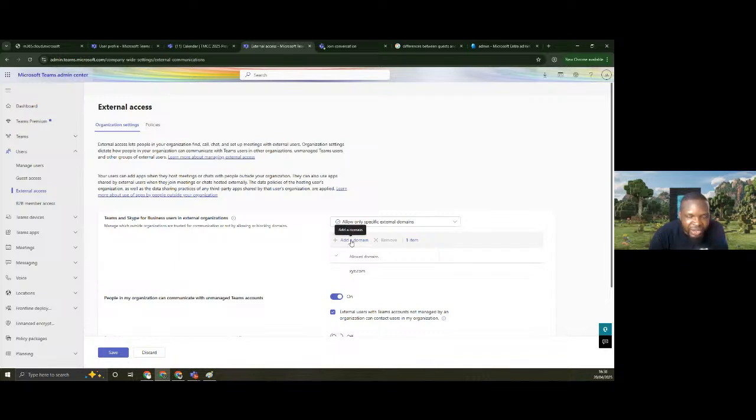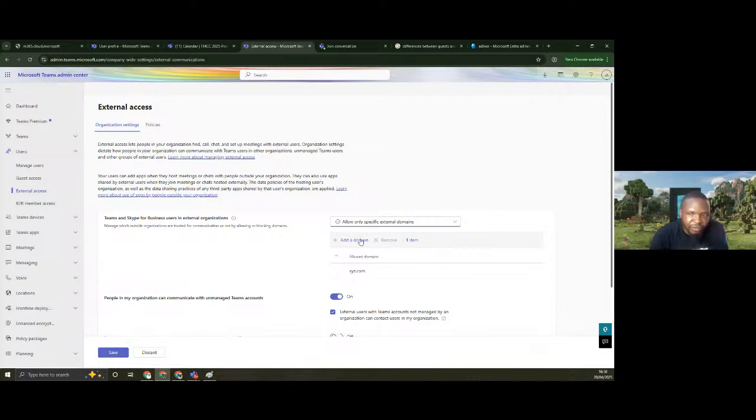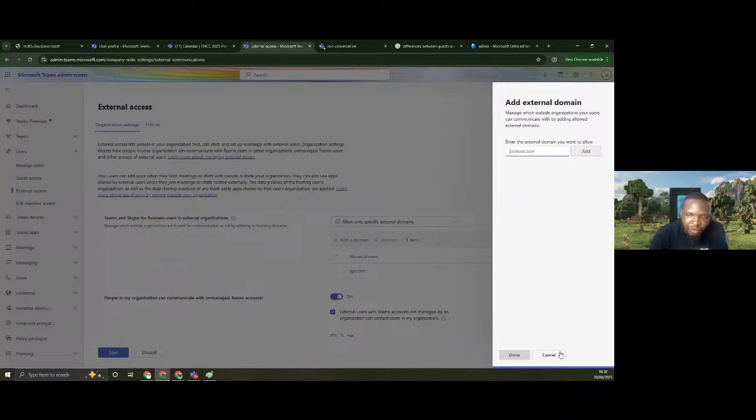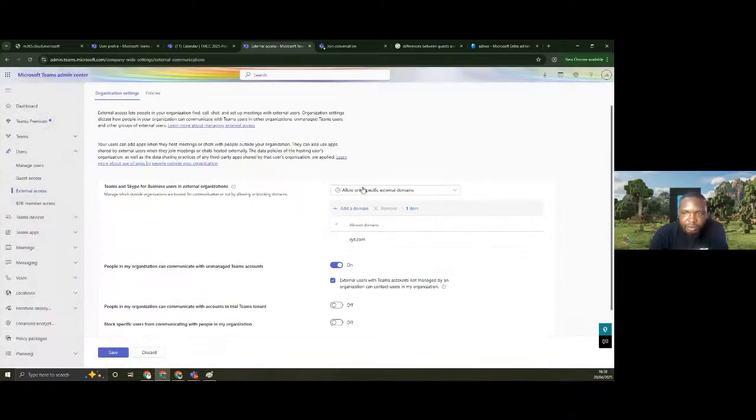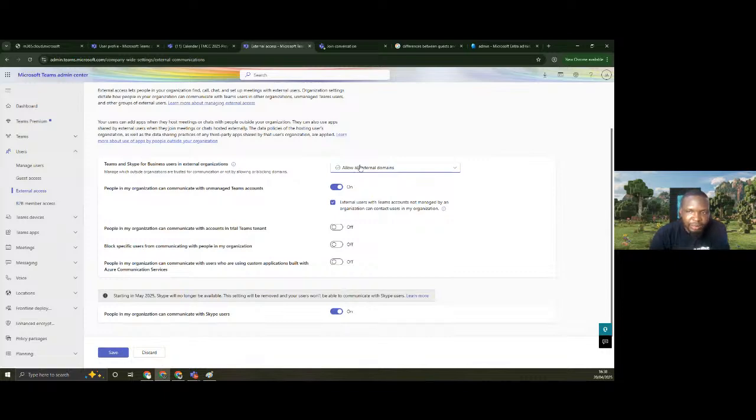And this is really very dangerous, because if there's no xyz.com that is federating with me, it's as good as I'm putting it on block all domains, because I've allowed only a domain that I'm not aware of, right? So you must really be careful what you are adding and what you are removing, right? But by default, Microsoft will allow you to have rapport with all domains, right? Now, when you do it per domain, you are really blocking or allowing all the users in that environment. There is no specific way to say that you only want it for these people and you don't want it for other people.